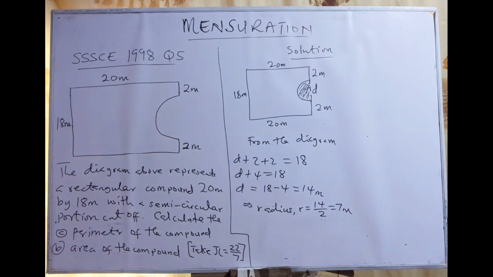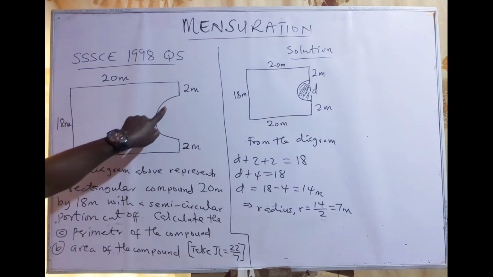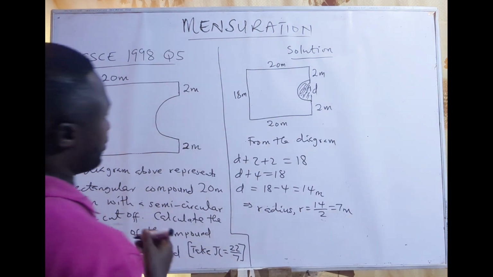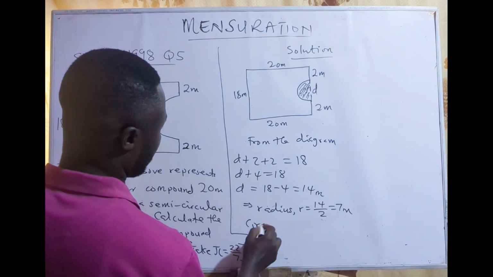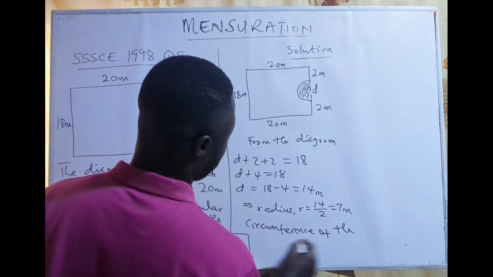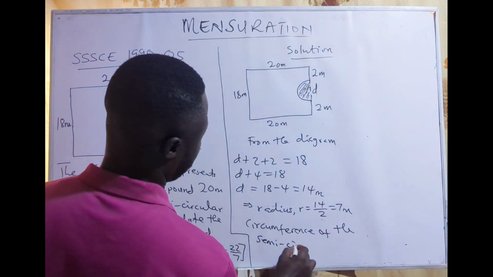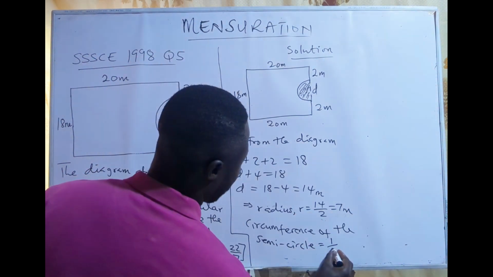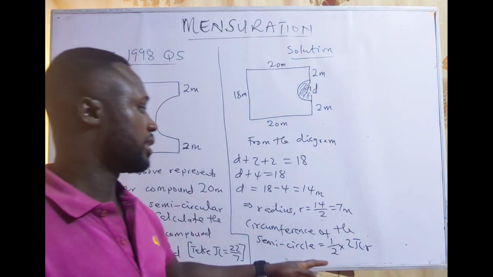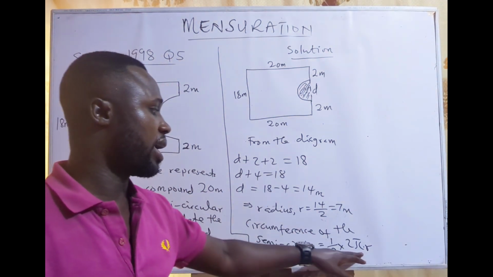So since I've gotten my radius, then I can now calculate what? The length of what? The semicircle. Okay, the circumference of the semicircle. So we know that the circumference of a circle is what? Is 2 pi r. Okay, so now we can calculate for the circumference of the semicircle, which is half of 2 pi r, because we know that circumference of a circle is 2 pi r,